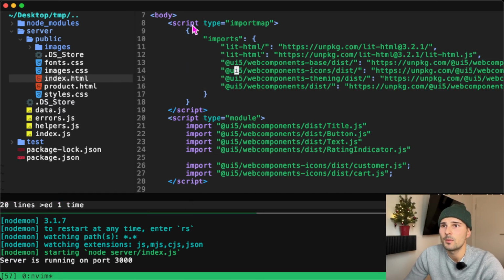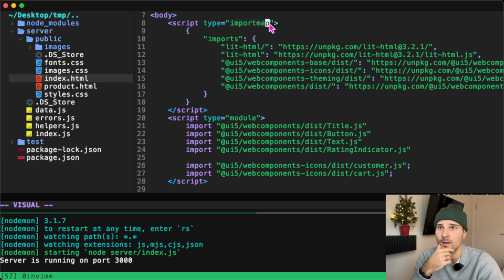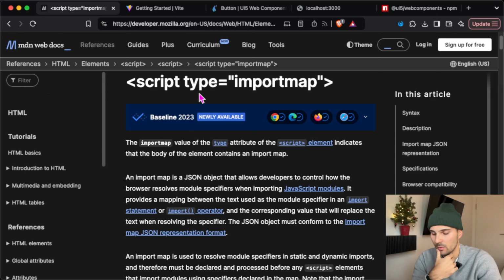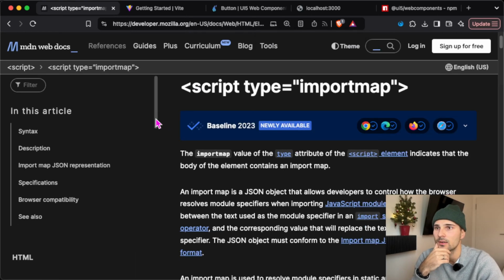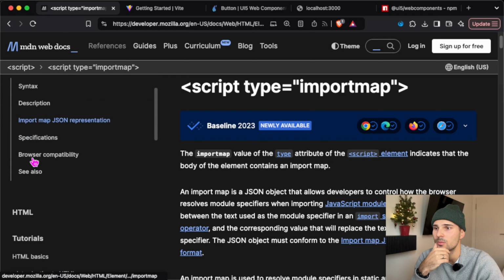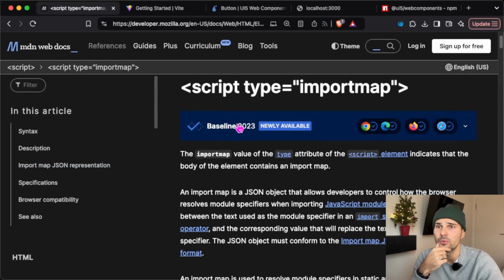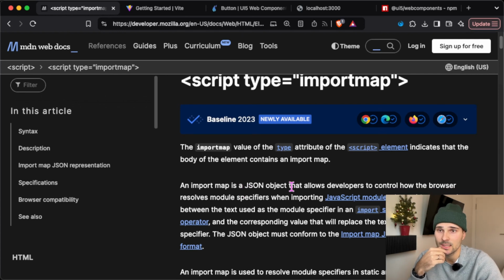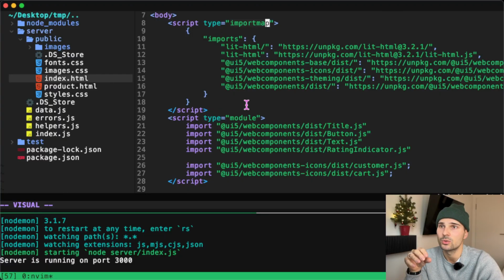Okay, so what I pasted in here is two new script tags. The first one is of type import map. I pulled out the documentation here. Can I get rid of this menu bar here? No. Okay, so a script of type import map is a JSON object that allows developers to control how the browser resolves module specifiers when importing JavaScript modules. Okay, so we can now provide sort of